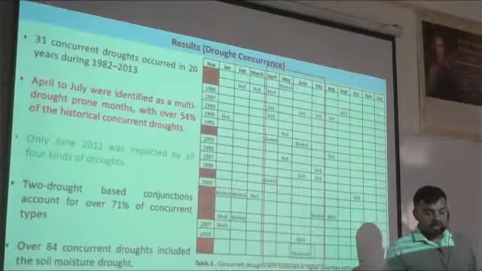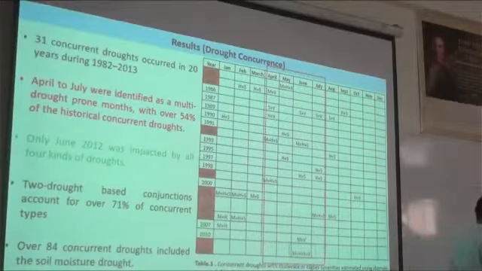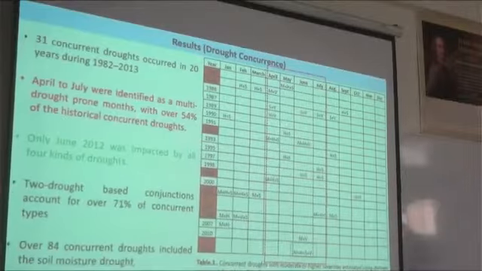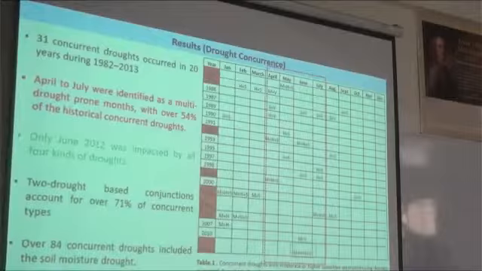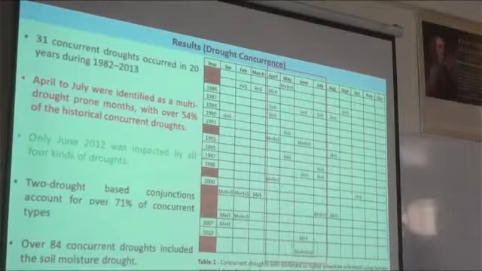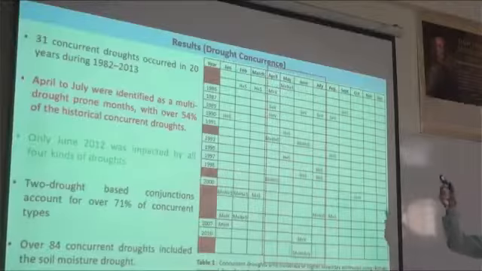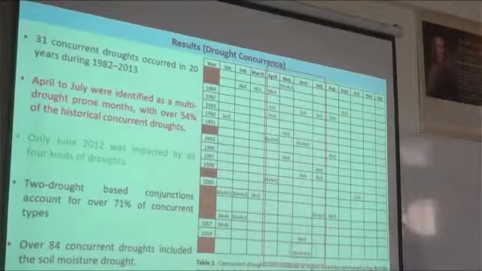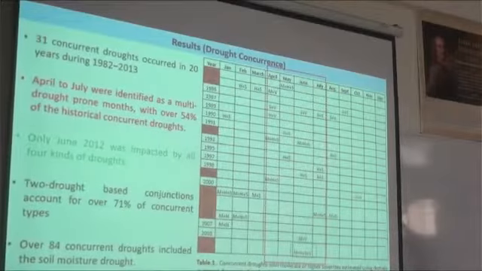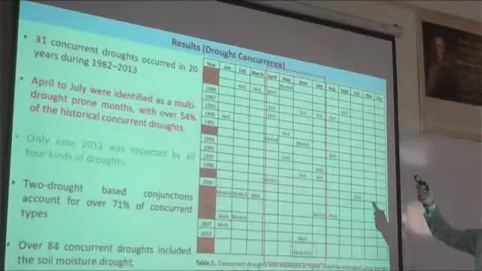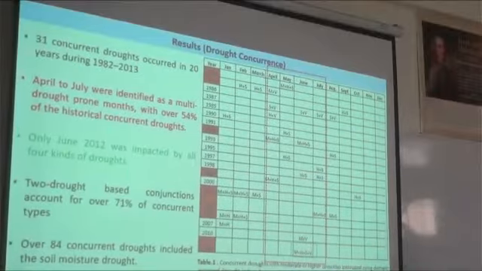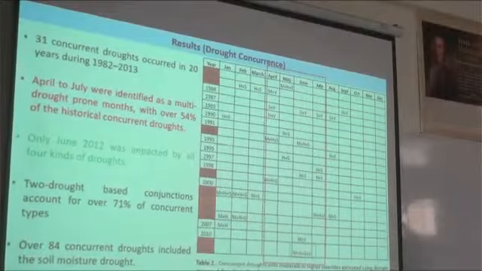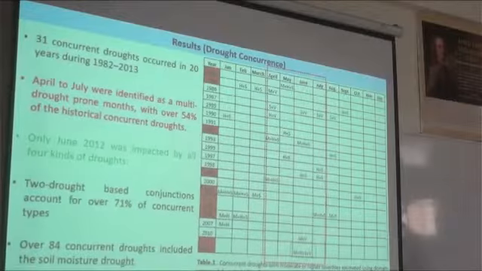Then this is the drought concurrence. I have shown this figure only for a particular river basin; we can show it for other river basins also. For example, in May 1984 we can see three drought types: meteorological, hydrological and soil moisture droughts. In total, for this particular river basin, we found 31 concurrent drought events